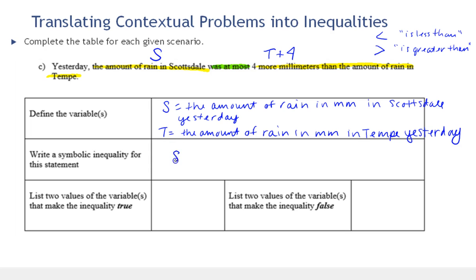Okay. So these are the values we're comparing. And now let's see whether we use less than or greater than. And then we're going to see whether we can include the boundary value, meaning also have it equal to. So here are the words, was at most. So what does was at most mean? Is it less than or is it greater than? So let's go back to our problem. Say